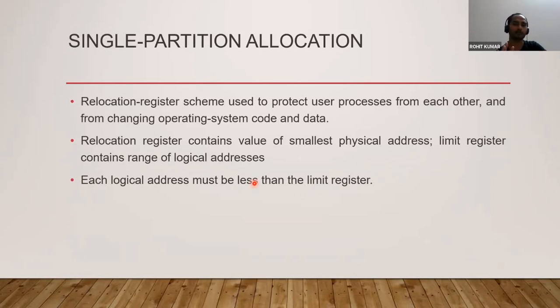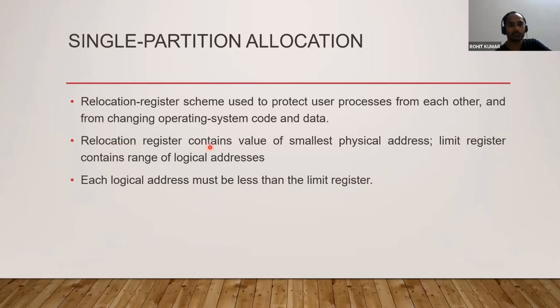There is no other concept, because what we saw in the logical to physical address mapping is that there is a logical address, there is a physical address, there is a relocation address. So the relocation register just considers that there is a base value. You simply add the logical address value to the base value and compare with the limit value. And if it's right, then allow access to the physical memory. So here, the relocation scheme is used to protect the user processes from each other. How to protect? We have already seen with the help of base value comparison and base plus limit value comparison.